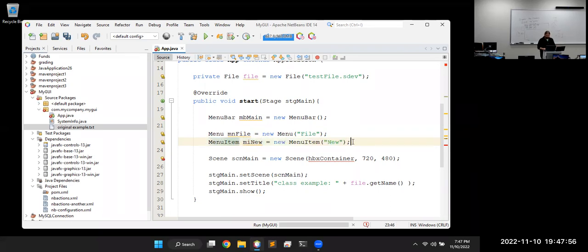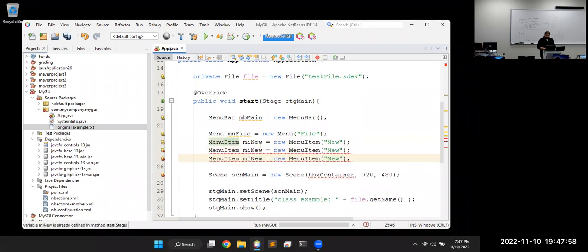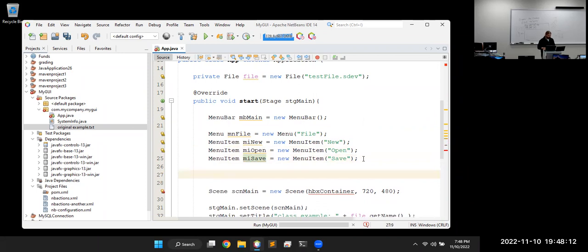I'm gonna just copy that and paste, and along with new, we probably want open and save. Bare minimum, right? Then we can repeat that for an edit menu, a view menu, a help menu, all of them we want. Could probably copy and paste and do them really quick here, but I'm just gonna do one so that the